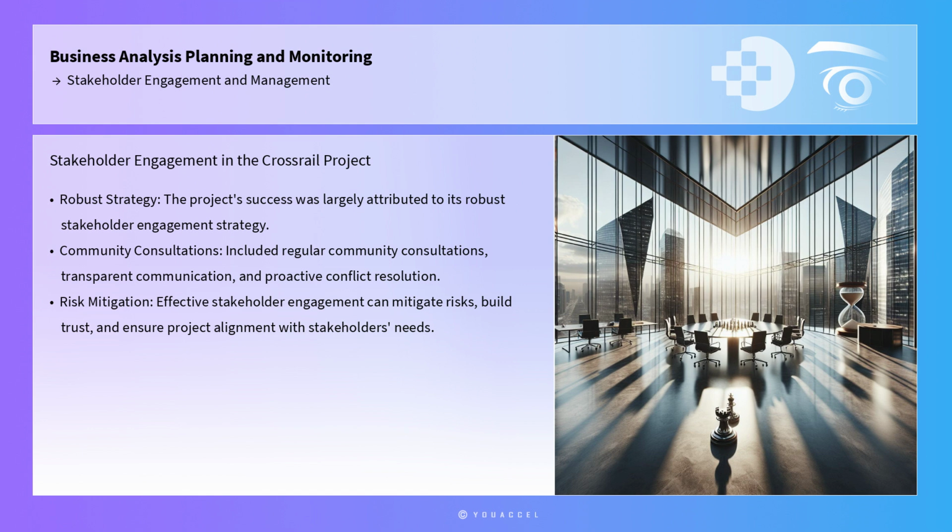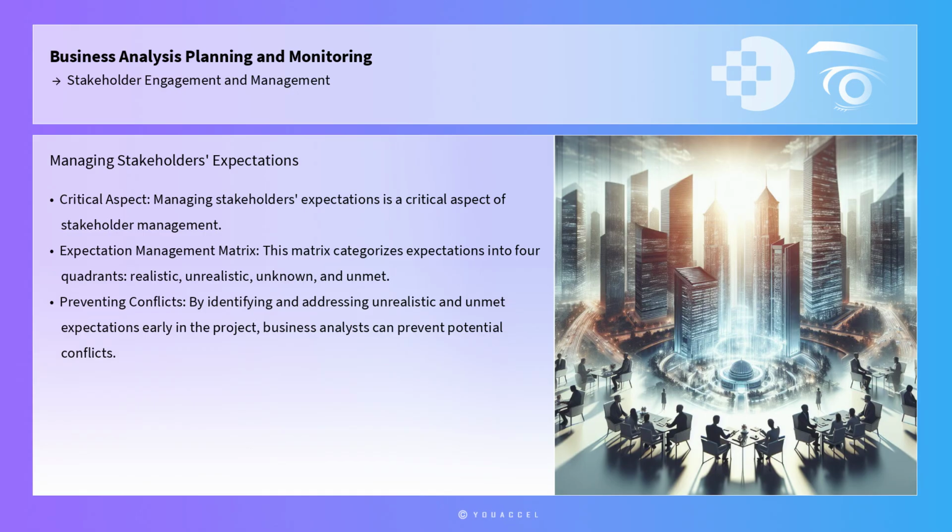with stakeholders' needs. In addition to communication, managing stakeholders' expectations is a critical aspect of stakeholder management. The Expectation Management Matrix is a practical tool for aligning stakeholders' expectations with project realities. This matrix categorizes expectations into 4 quadrants: realistic, unrealistic, unknown, and unmet. By identifying and addressing unrealistic and unmet expectations early in the project, business analysts can prevent potential conflicts and foster